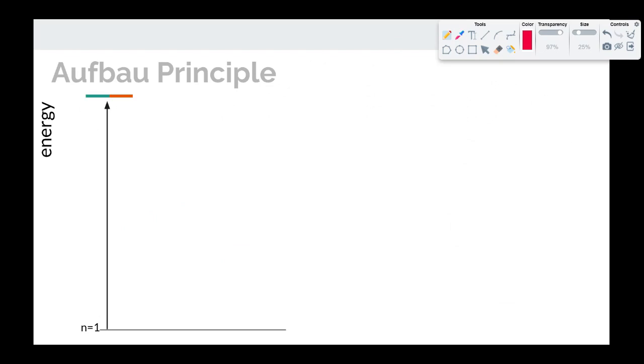Remember, the atom is quantized. That's one thing that the quantum mechanical atom and Bohr's atom have in common, that there are certain values that can exist for energies of the electron and some that can't exist, so it's quantized. When n equals 1, then the only possible value of L is 0, so that means there's only one sublevel or subshell, and that's the 1s subshell. So this is for when L equals 0. If L equals 0, then the only possible value for m sub L is also 0, so that means there's only one possible orbital. So the 1s sublevel has one orbital.